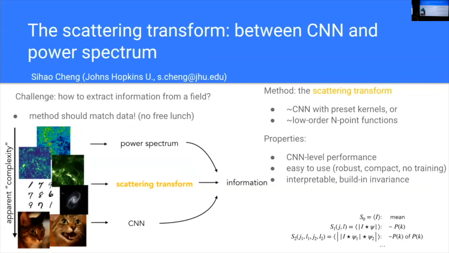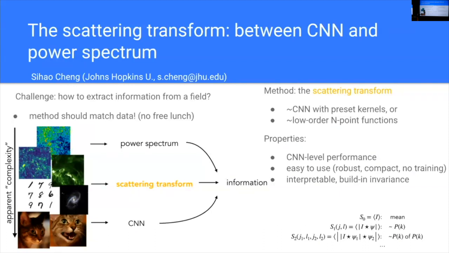And now we have CNN, and people have a tendency that as long as the field is not describable by a power spectrum, we just suddenly jump to the CNN. But actually, I think that the level of complexity of them are very different. And for most physical fields, perhaps something in between, still with generic vocabulary instead of learning things, is still very valuable. And as I said yesterday, the scattering transform is one of these choices.